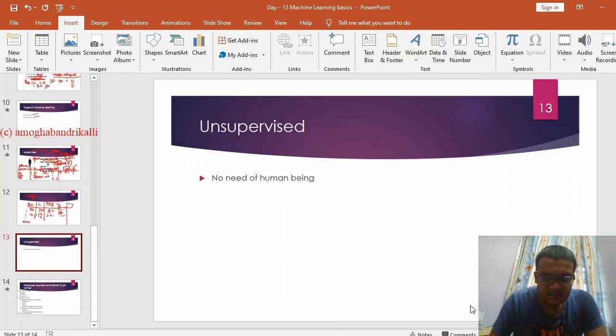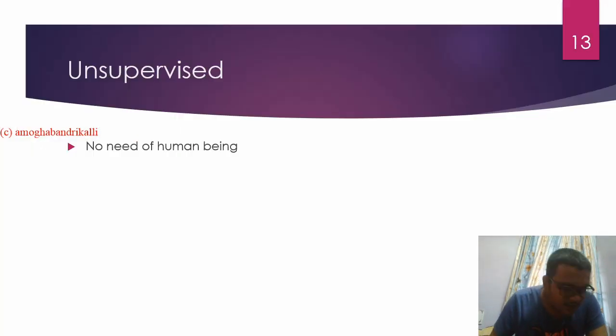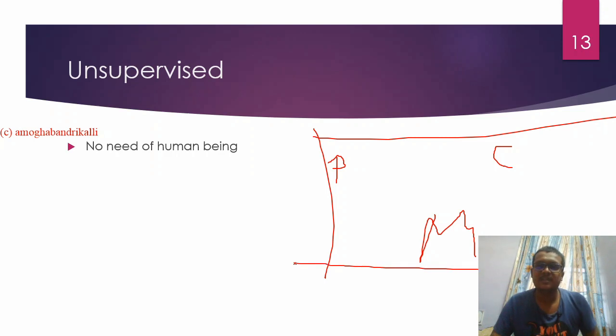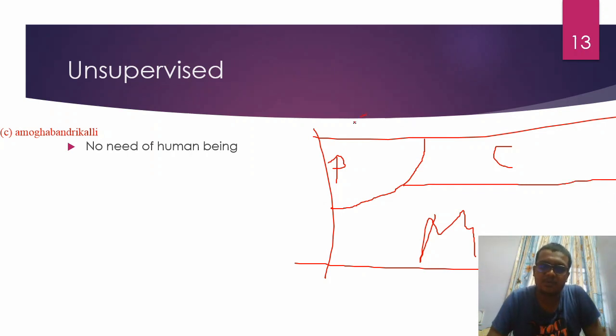Let me show you again in this scenario so that it is understandable for you. Here will be pen, cap and mobile. This is an image, and now this image needs to be divided. You can divide it in this fashion based on clusters. You are going to make cluster 1, cluster 2, cluster 3.